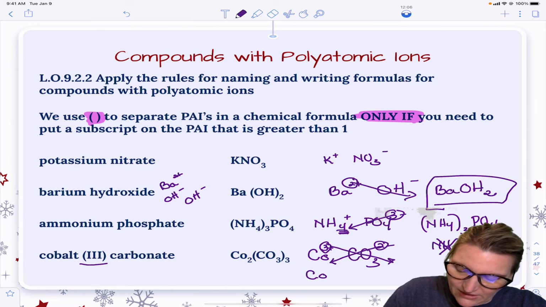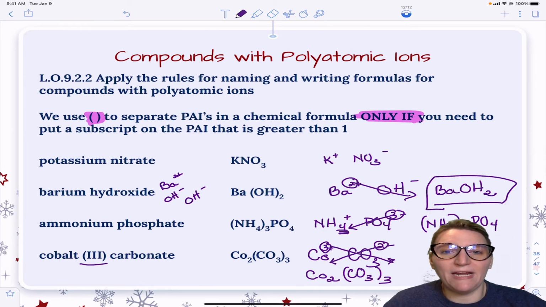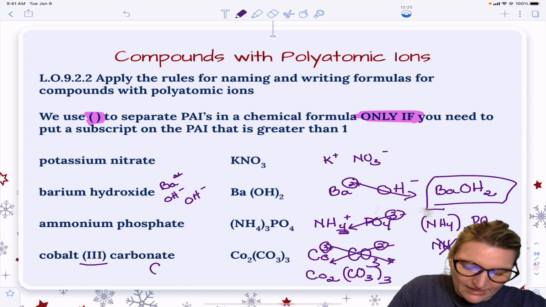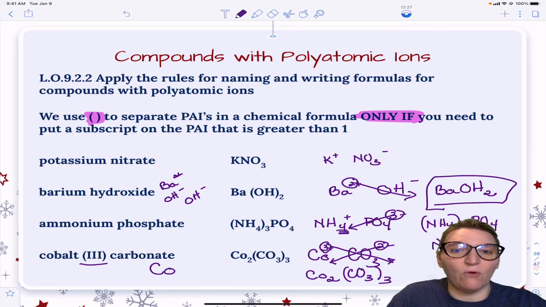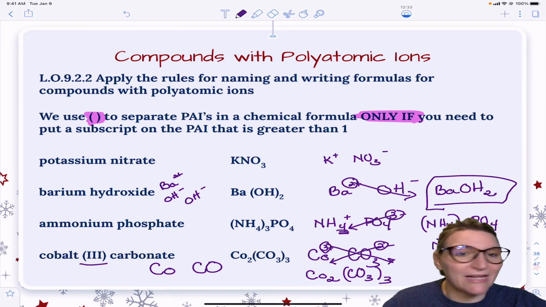And so it would be Co2(CO3)3. And the reason I use cobalt and carbonate is because I want you to take a look at your penmanship. Your O's need to be significantly different sizes. When you are writing cobalt, that is a capital C and a lowercase o. I know that different people have different handwriting styles, but if you're writing cobalt like that, that's not cobalt, that's